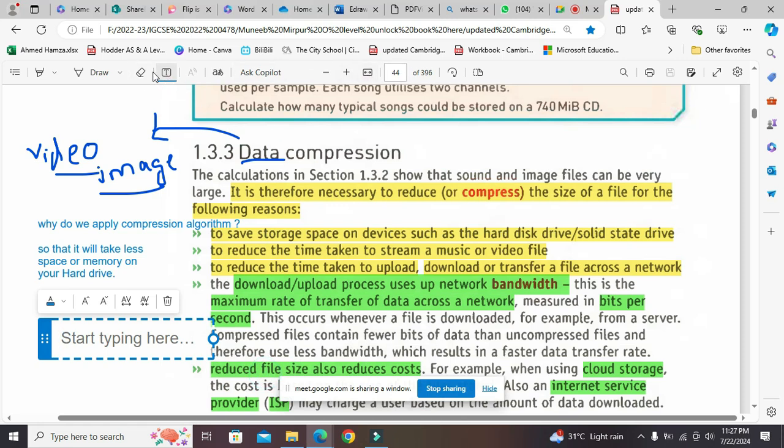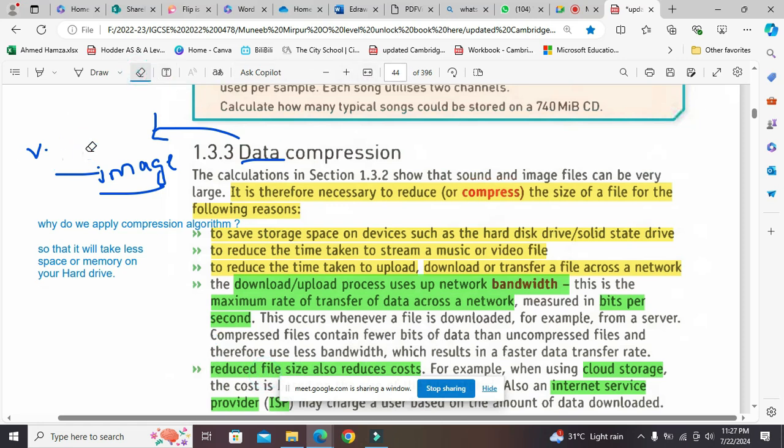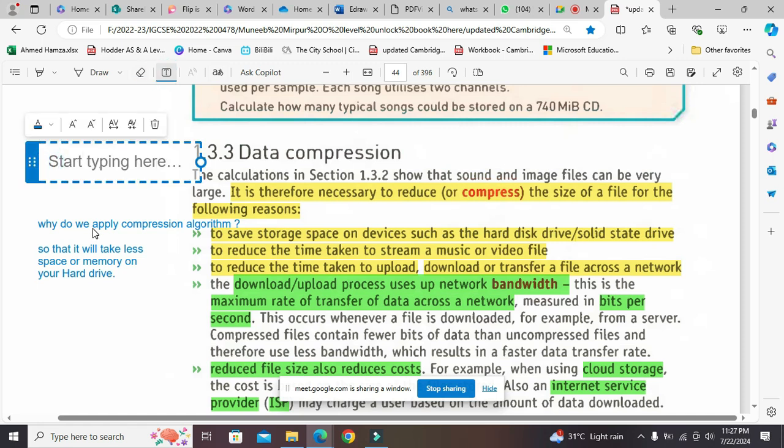Let me remove this. What is a nibble? 1 byte is 8 bits.